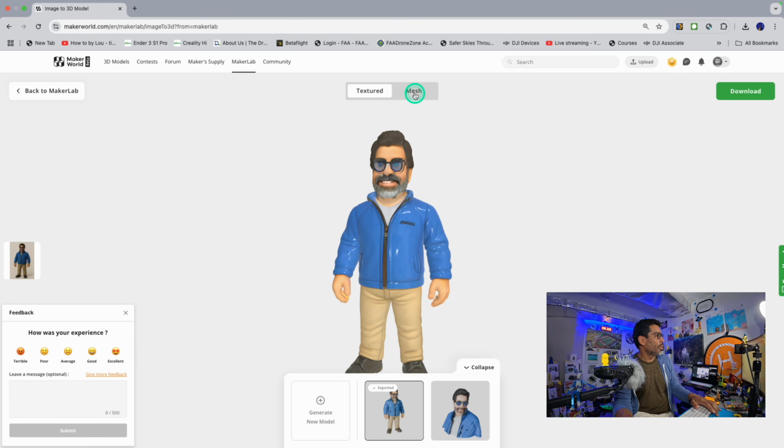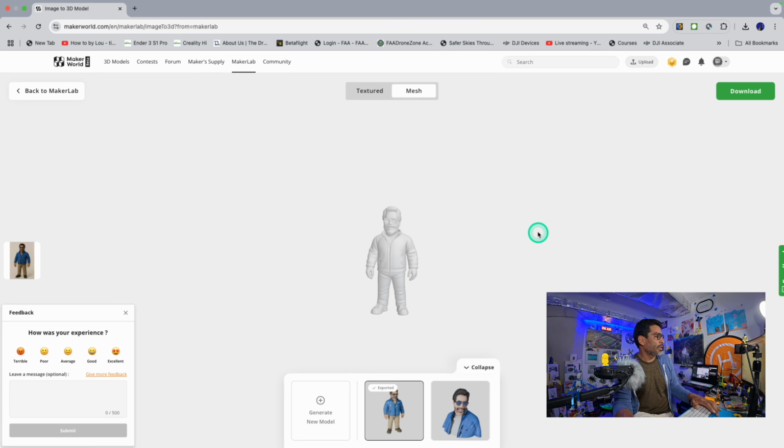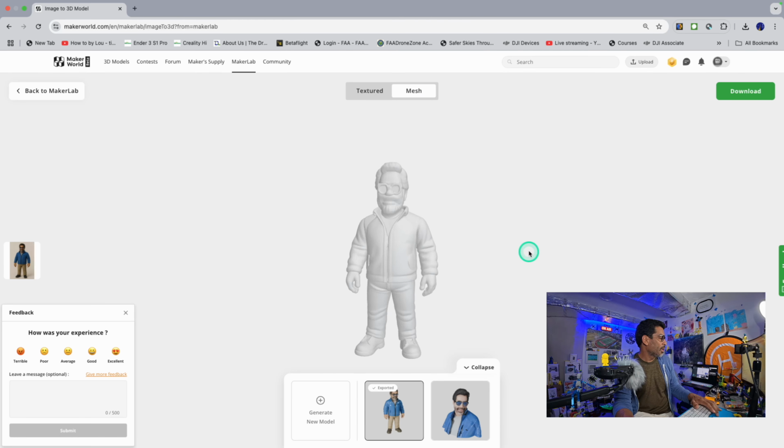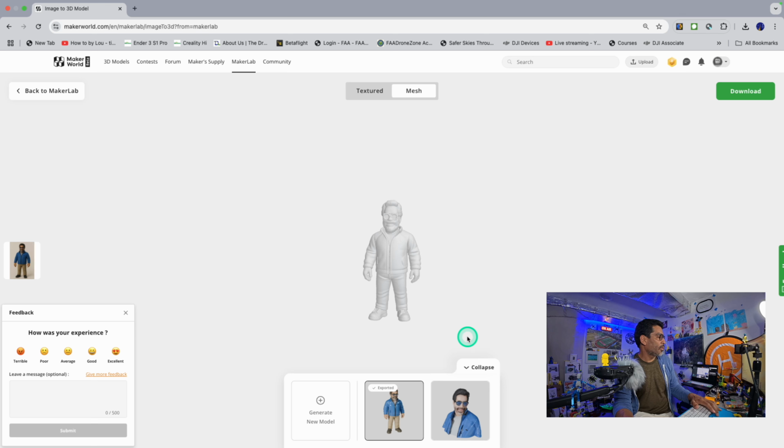What we can do is we can do mesh, right? Eliminate the colors, have them in gray, and now we can hopefully, remember, you're using credits, okay? Thankfully we do these videos so you don't have to. So now you can choose between textured and meshy. Textured, you know, I wish,